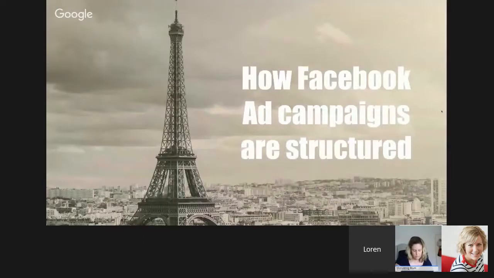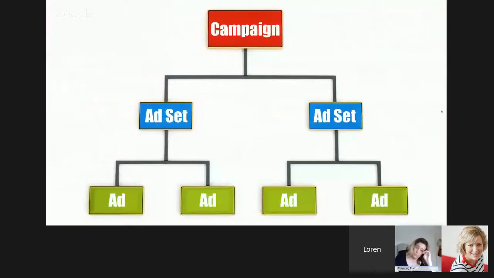So what I want to talk about now is how Facebook ad campaigns are structured, and I've kind of touched on this just a little bit already. When we create ads, it doesn't matter what tool we're creating them in, we actually step through three components of a Facebook ad. And the first is the campaign. And the campaign is where we choose what our objective is for the ad. So if we're going to create ads and we've got multiple objectives, then we need to create multiple campaigns. So it's one campaign per objective.